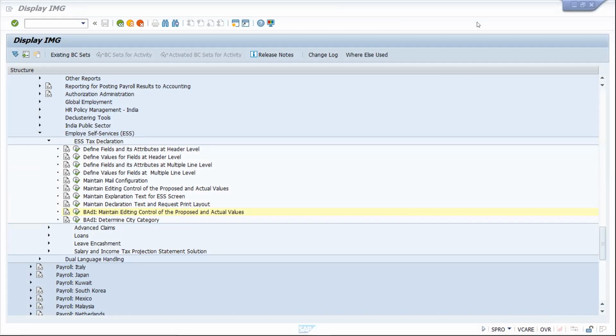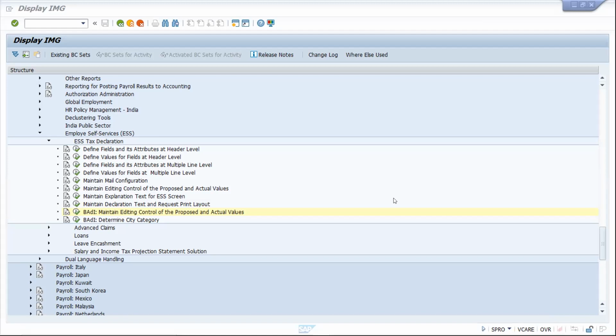One is maintaining the main configuration, where exactly all the notifications we are going to configure. And the second one is maintaining editing control of your proposed and actual values. This is also an important one, because every year you will be updating that.